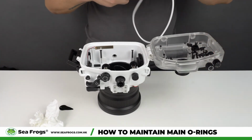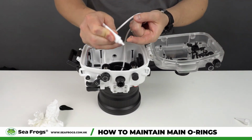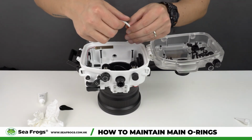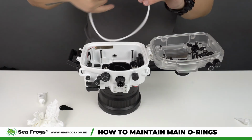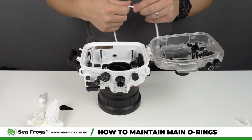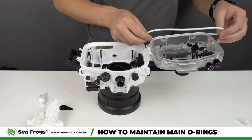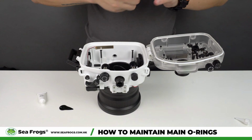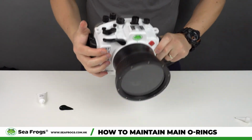Then we apply the silicone grease directly to your finger, your index finger, around this much. We place the O-ring here and you use your thumb. And now we start pulling it. As you pull, you can feel the grease spreading on the entire O-ring. Okay, it's all greased up. Then we can just place it back here. All done. We can close the housing, test it before using in the water,